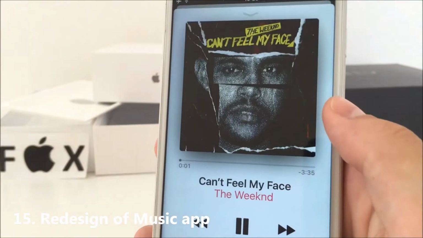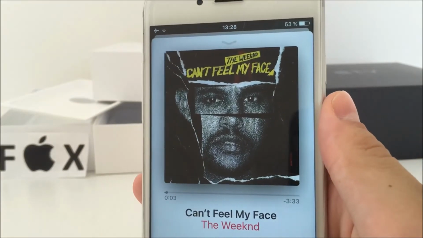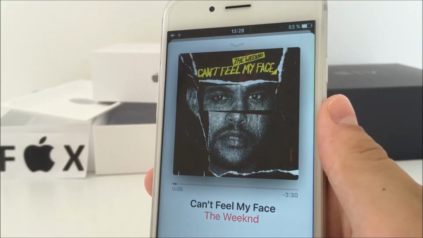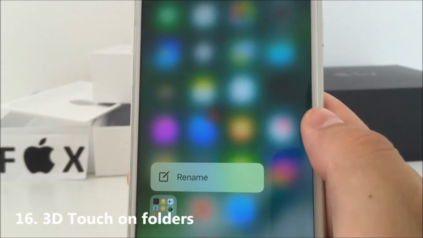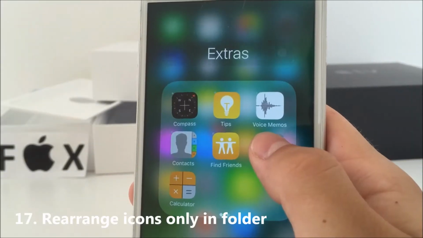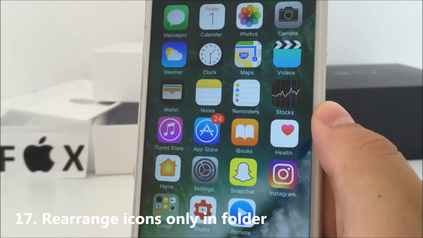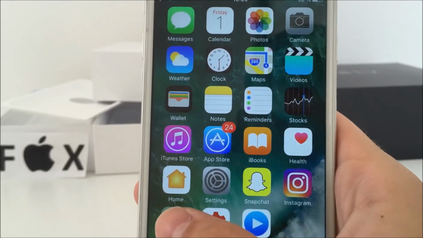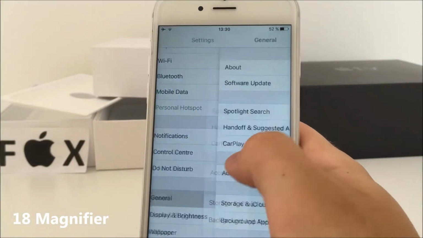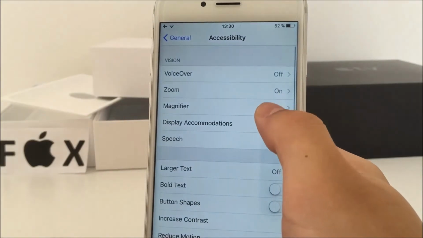Moving on to the Music app, that has been changed completely. Everything looks really big and also the music player is huge. You can now 3D touch on folders with an option to rename it. If you hold on to an icon in your folder, only the icons in that certain folder start to shake, not all of them. Under the accessibility menu in your settings has been added a new toggle to turn on Magnifier,